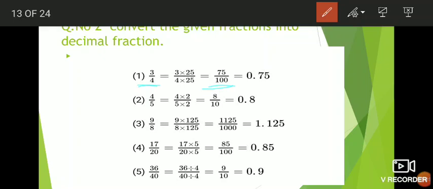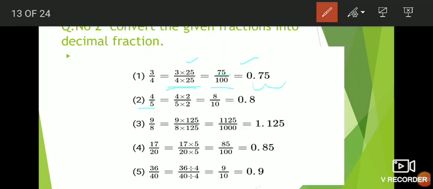Okay, so 3 upon 4 is there. In the 4 table, 10 is not there, students. Okay, and if we are multiplying this 4 by 25, 25 4s are 100 is there, no? Whatever number we are multiplying to the denominator, the same number we have to multiply to the numerator also, students. Okay, 25 4s are 100, 25 3s are 75. Now here 2 zeros are there, so count 2 digits from the right to the left and at the integer place we have to place the 0, that is the answer is 0.75.